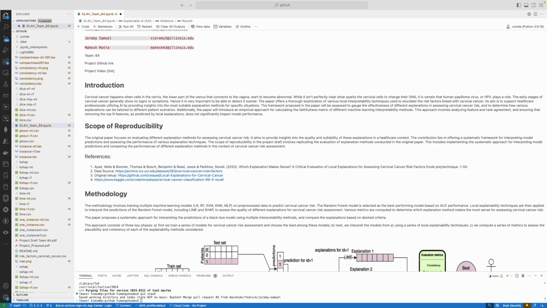Cervical cancer is a life-threatening disease and is one of the most prevalent types of cancer affecting women worldwide. Being able to adequately identify and assess the risk factors that elevate the risk of cervical cancer is very important. The paper presents a critical analysis of several existing local interpretability methods for explaining the risk factors associated with cervical cancer. The ultimate goal of this paper is to help clinicians who use AI to better understand which type of